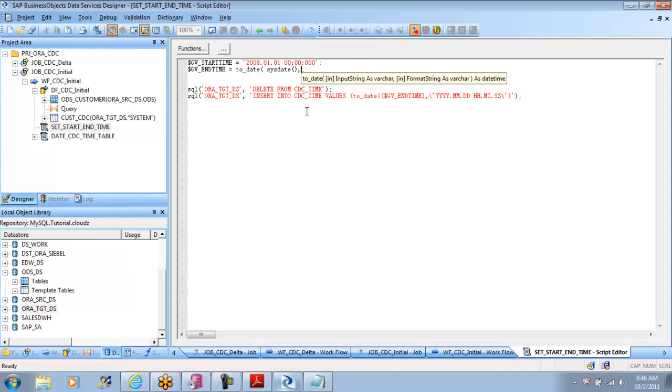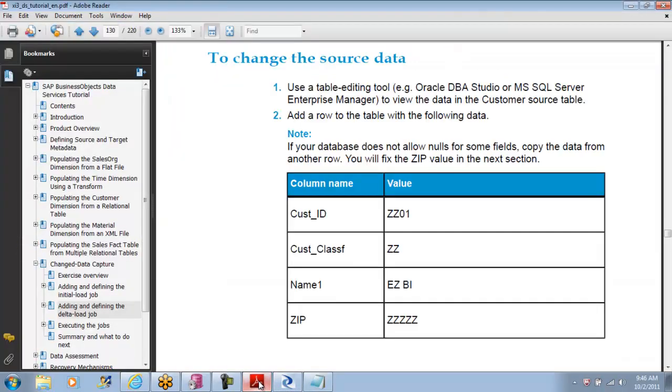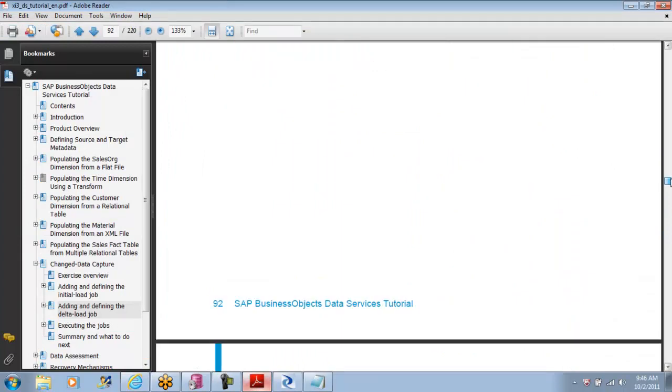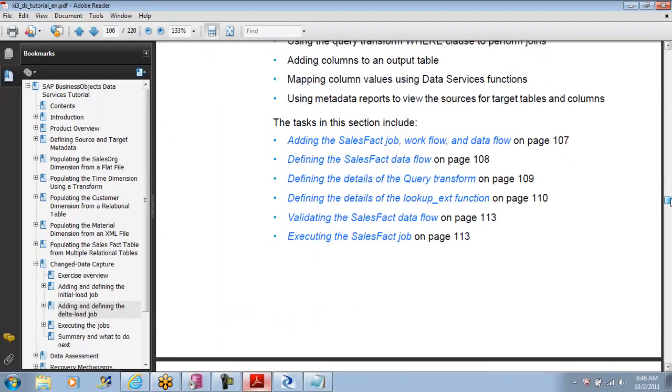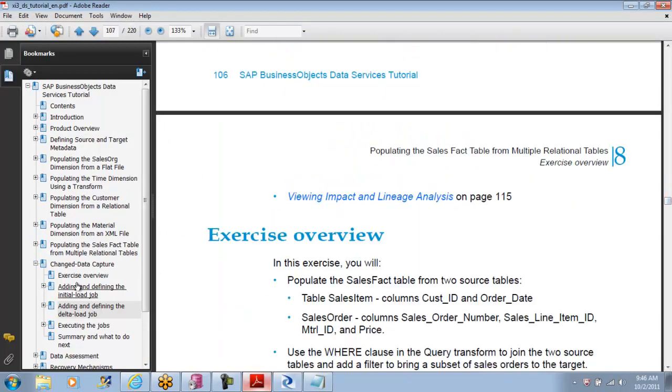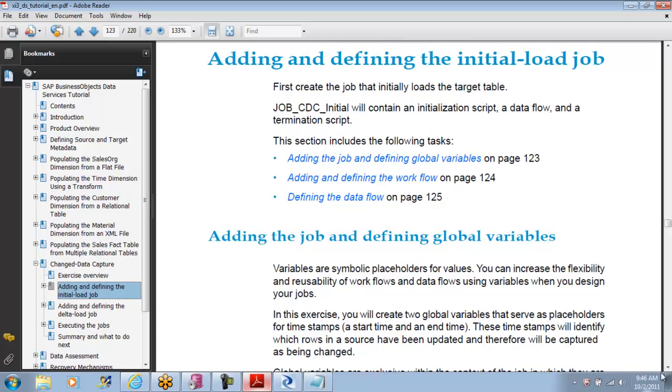I'm surprised to see that data services did not ask us to do this in the tutorial, but we are doing it ourselves. So they should certainly take care of the formatting issue upfront, but they did not take care of it. Maybe they have a different setting and it got inserted fine for them, but it is not inserting for me